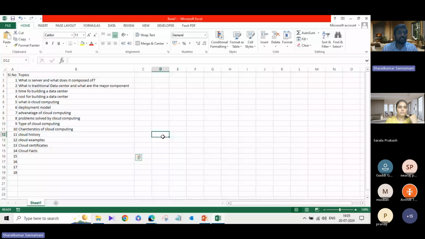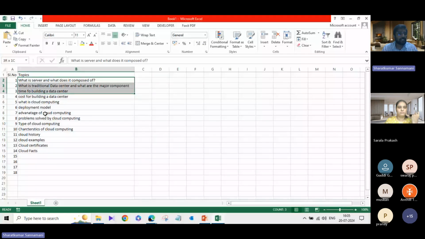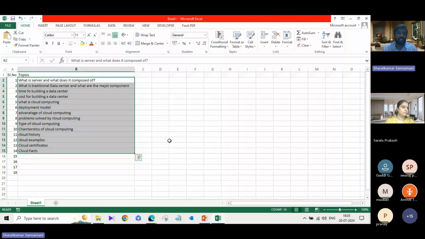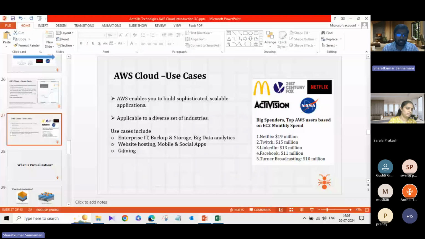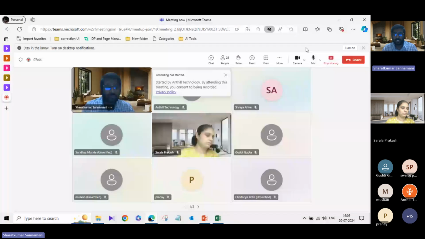These are the general topics which we covered, but today also there is a prerequisite I'm telling. So what are the things required for cloud computing? We are learning that today, which is virtualization. I think still only 22 people have joined, so we'll wait for another 2-3 minutes and then we'll start.